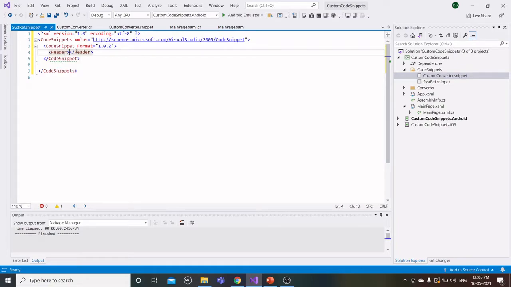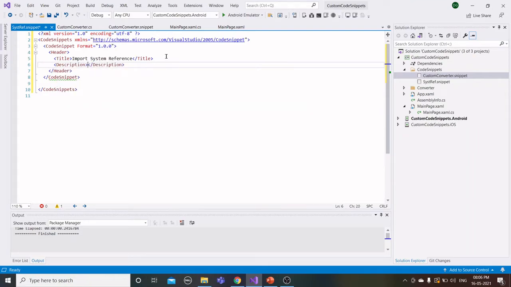And here we need to give the header details for the code snippet. Inside the header, we need to give the title, description, and shortcut key for our code snippet. Here I am giving Import System References as the title for our code snippet.